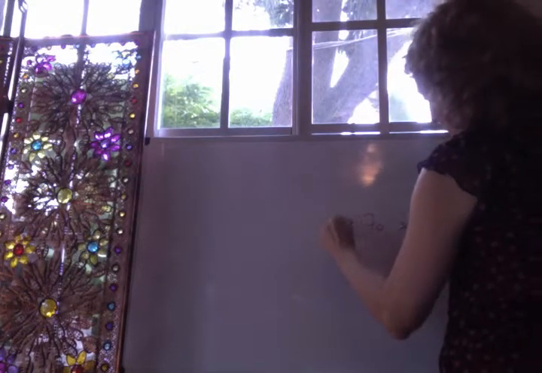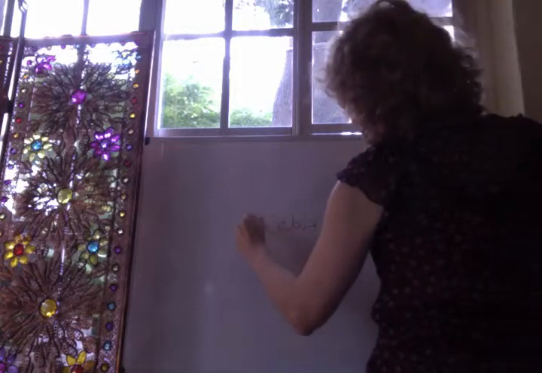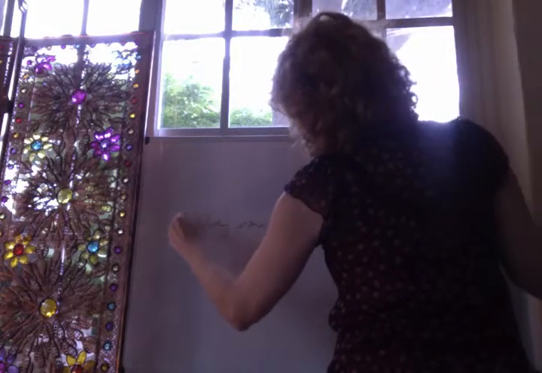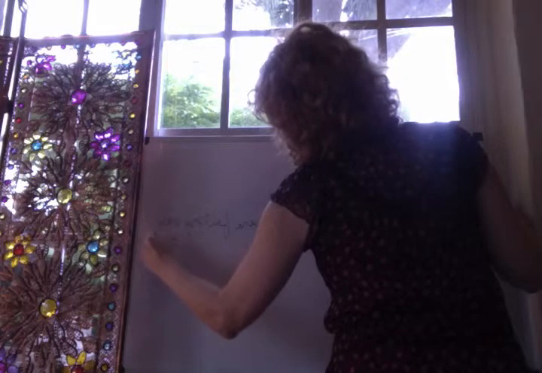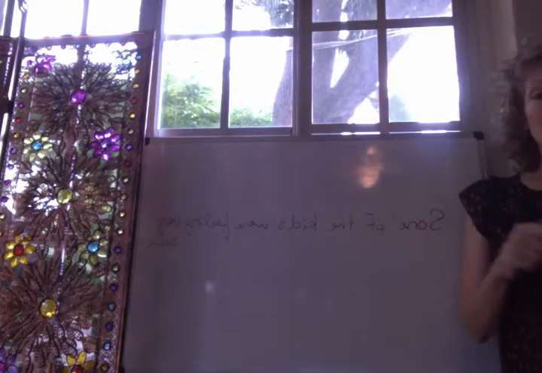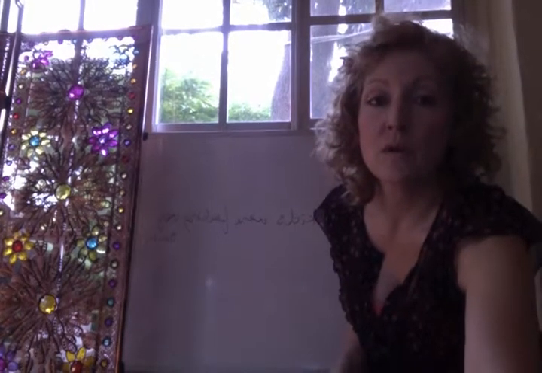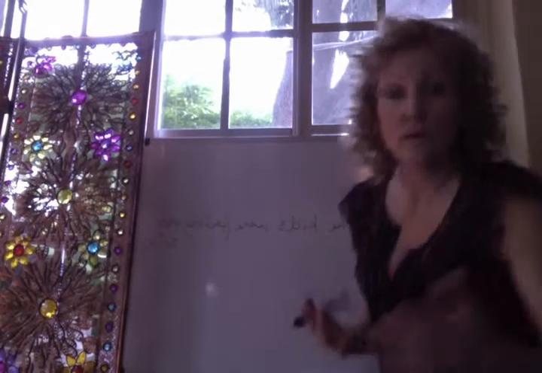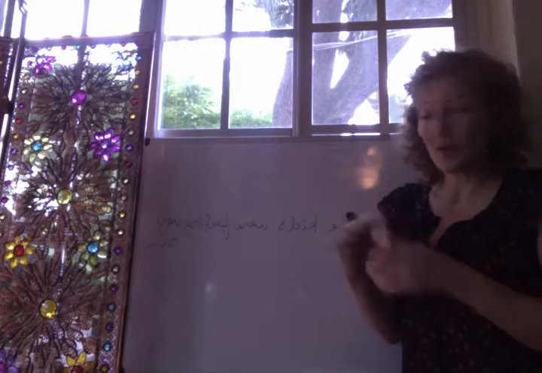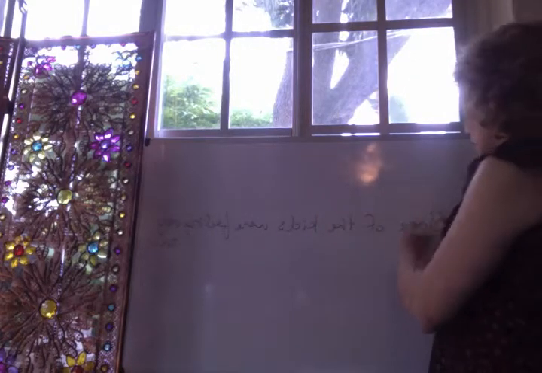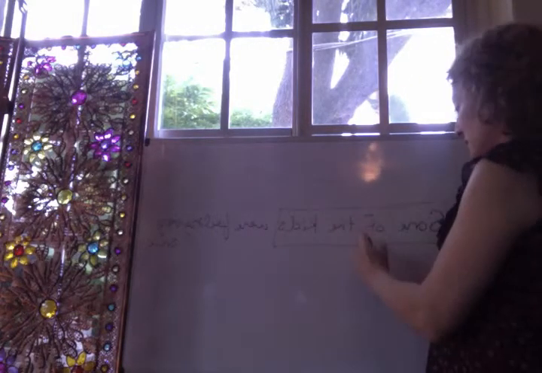each example. So you have: some of the kids were feeling very sick. First thing that you're going to do, of course, is identify the subject of the sentence. So, the subject of this sentence is going to be the doer of the action, the person who the sentence is about. So that is some of the kids. This is the subject of your sentence.